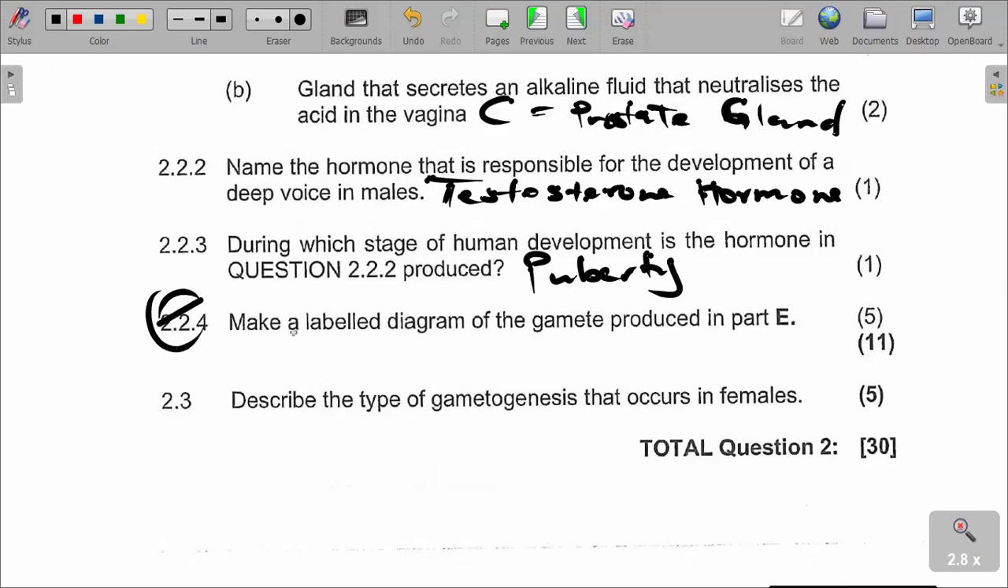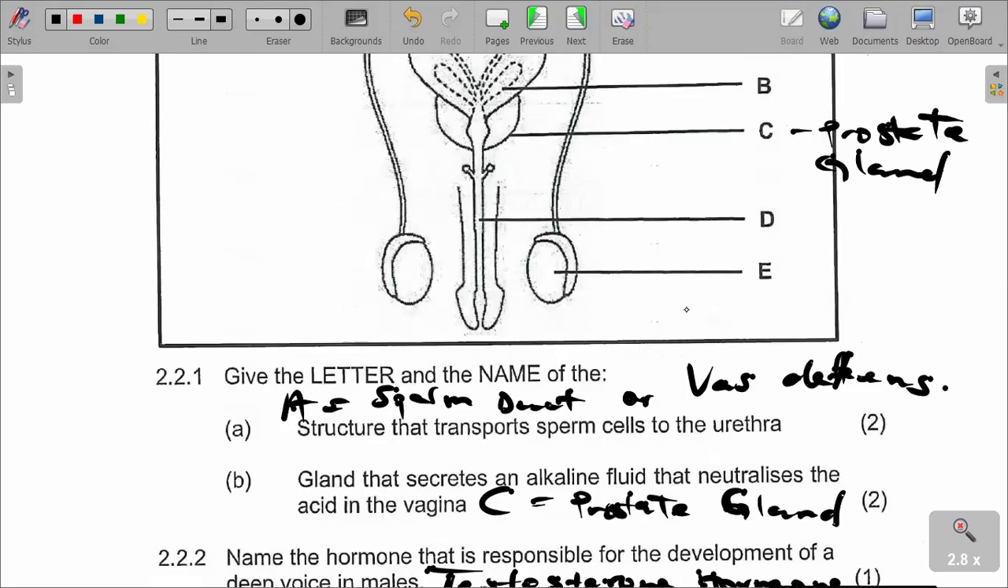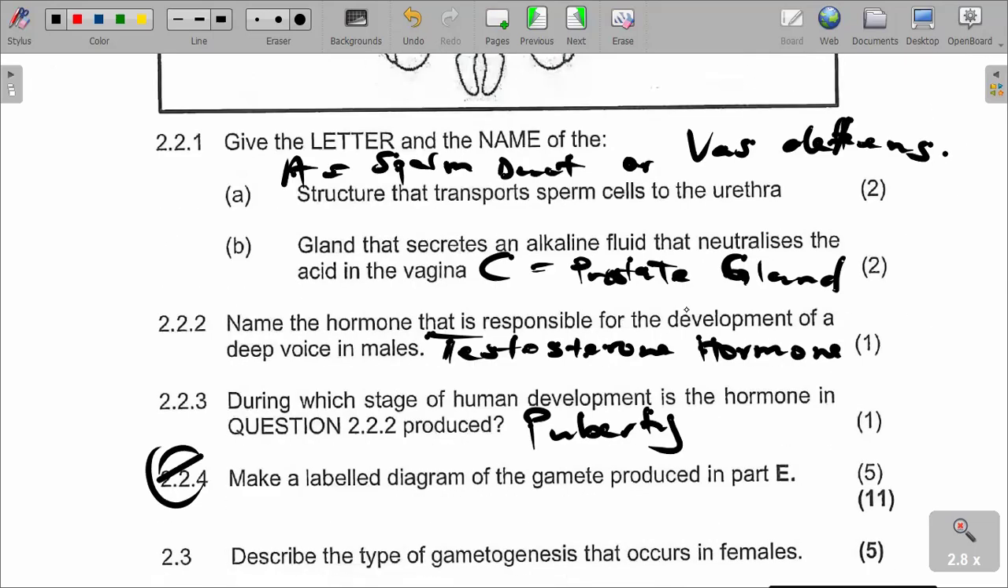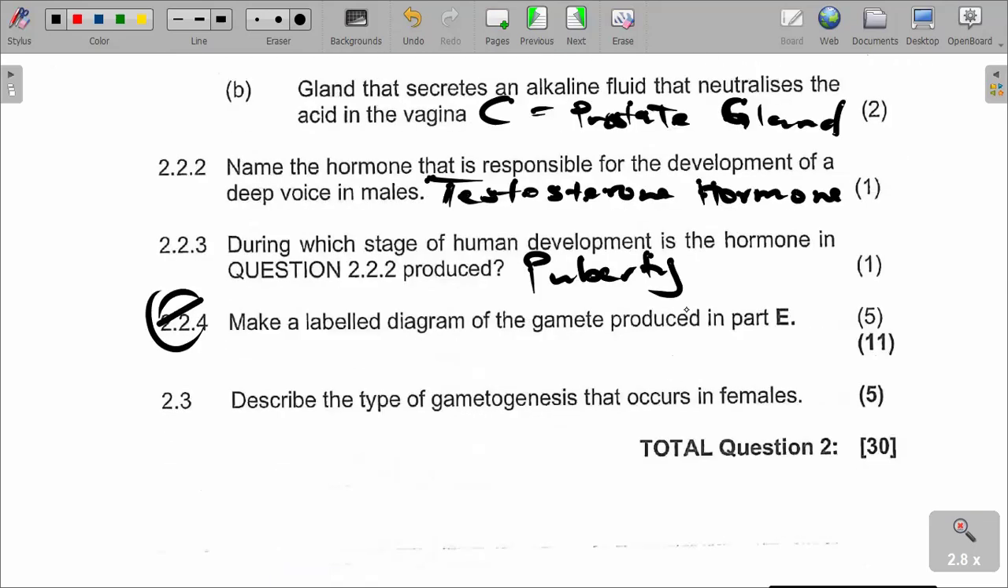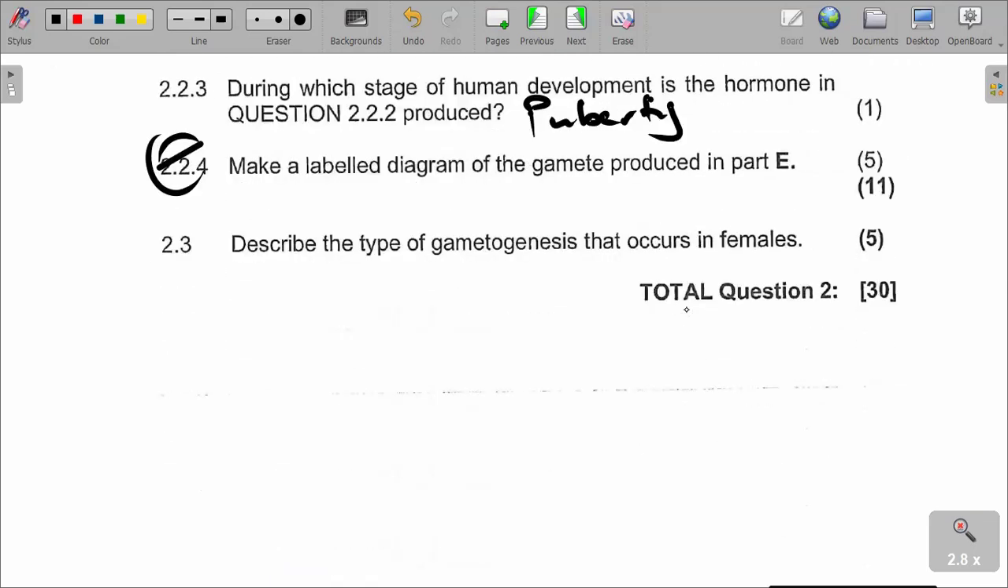And then, make a labelled diagram of the gamete produced in part E. We are saying draw a sperm. It is just asking to draw a sperm cell. We say draw a diagram of a labelled sperm cell. That's what you need to do. And then question 2.24. So we can say that